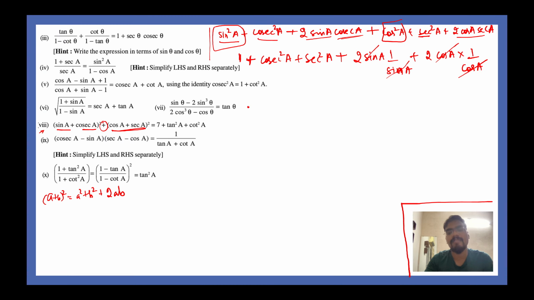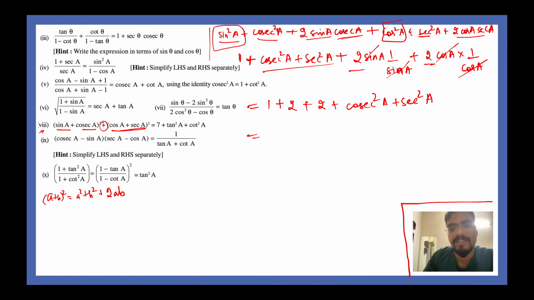In the next step we have 1 plus 2 plus 2 plus these values, cosec square A plus sec square A. We have 2 plus 2 plus 1 which is equal to 5, plus cosec square A can be written as 1 plus cot square A